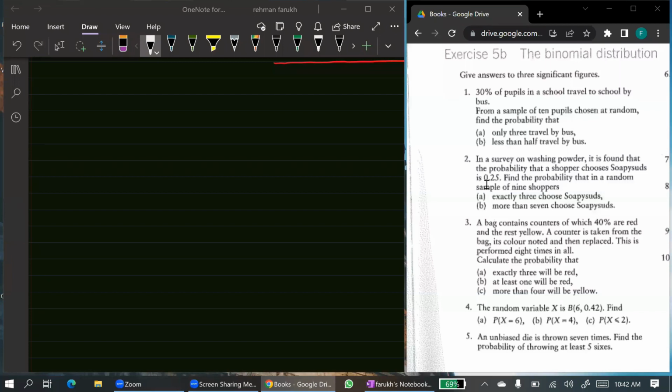Exercise 5b is about the binomial distribution. This exercise is from Concise Course A Levels by J. Crawshaw and J. Chambers. Now, question number 1 is